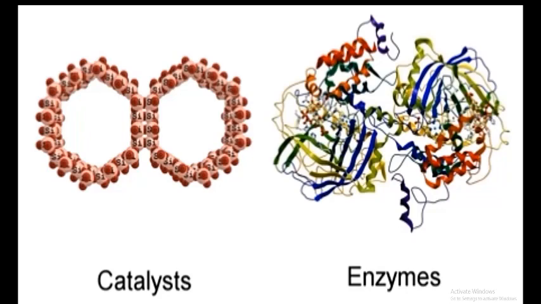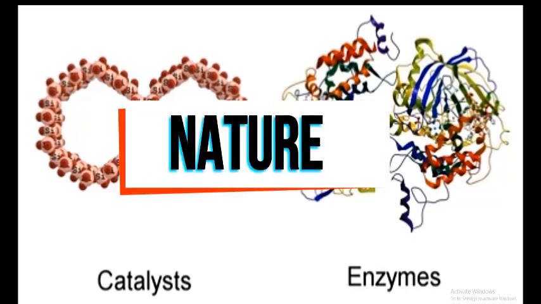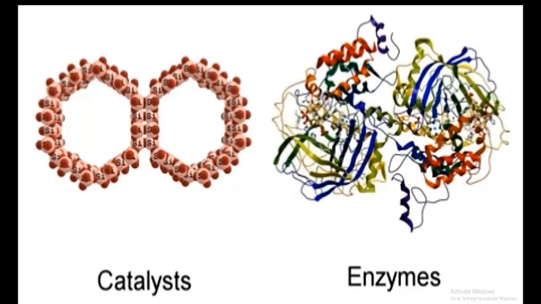Catalysts versus enzymes. Nature: catalysts are simple inorganic molecules; enzymes are complex proteins. Molecular weight: catalysts low; enzymes high. Reaction rate: catalysts slow; enzymes high. Reaction type: catalysts chemical; enzymes biological. Specificity: catalysts have a wide range; enzymes are highly specific. Efficiency: catalysts are less efficient; enzymes are more efficient. Regulation of function: catalysts cannot be regulated.